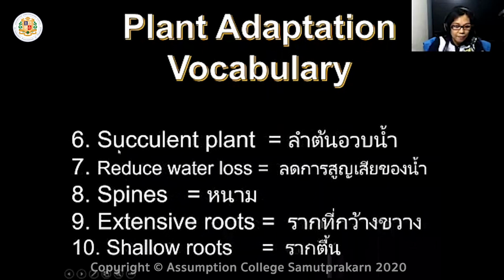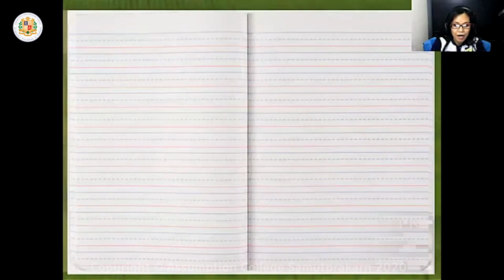Number 6 word, succulent plant. Number 7, reduce water loss. Number 8, spines. And number 9, extensive roots. And the last word is shallow roots. All right. So, if you have a notebook, I want you to get one and open to page